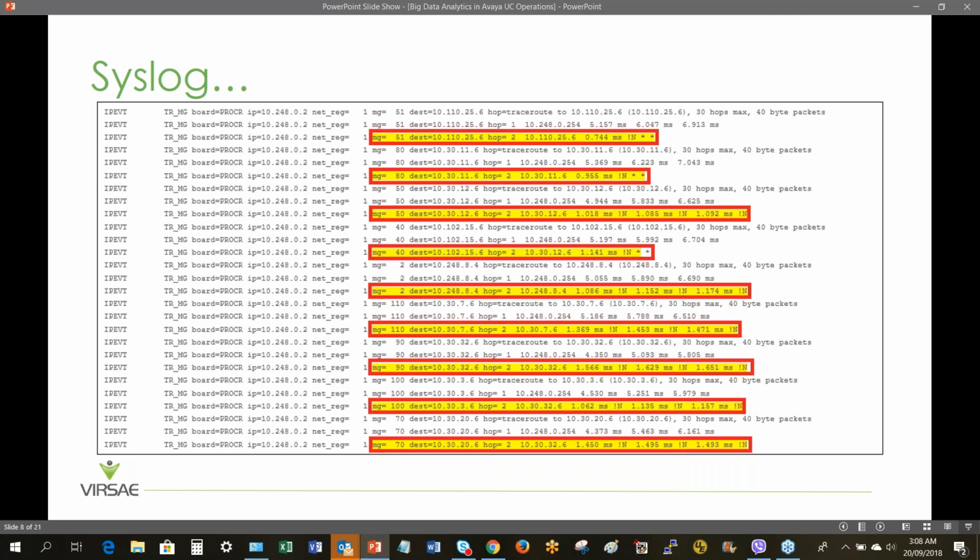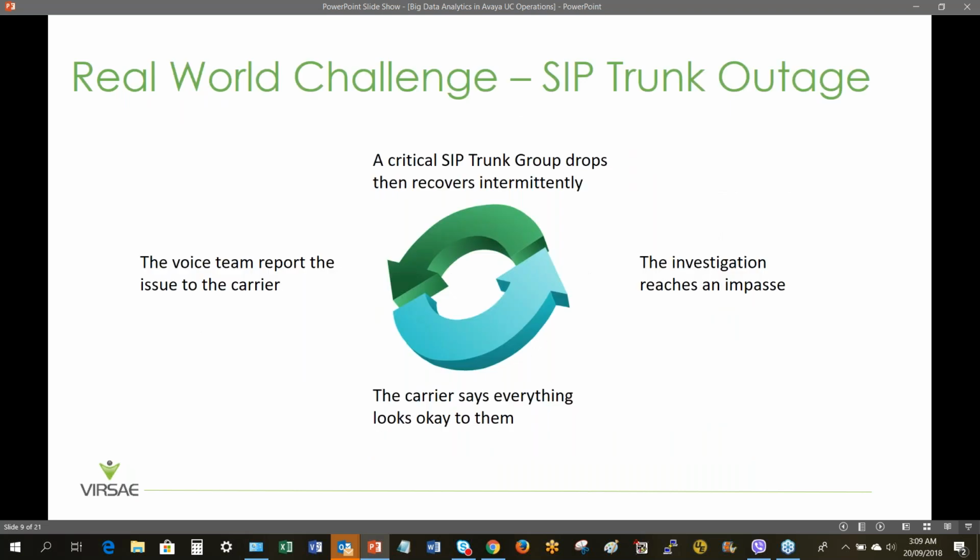So within Syslog, that trace route is captured, and you can see there that multiple media gateways are only complaining about the connectivity after hop 2. So hop 1 is fine. They're able to see the local router. Hop 2 can't get past there. So it's very clear that this is absolutely a network problem, and we can go back to the network guys with that information and show them where it happened. The network team will, of course, understand what a trace route is. It's part of their daily tool set.